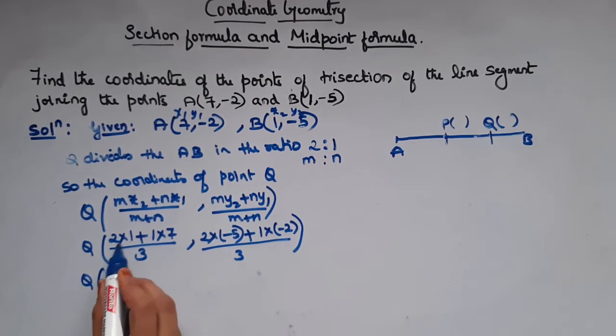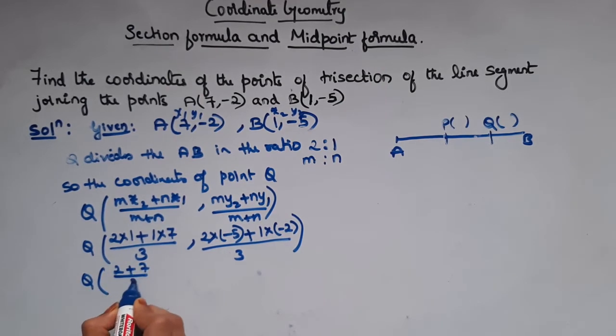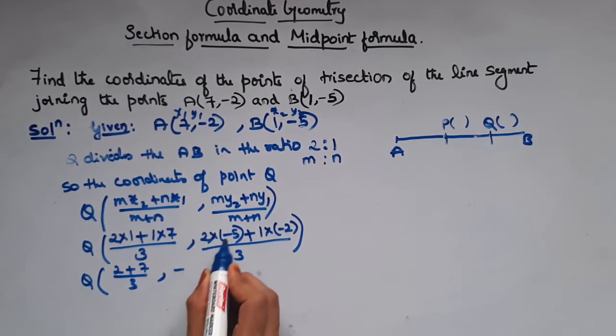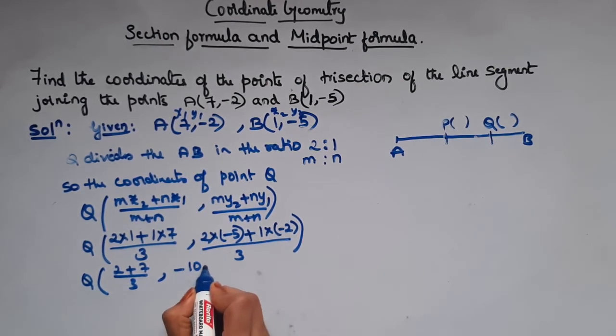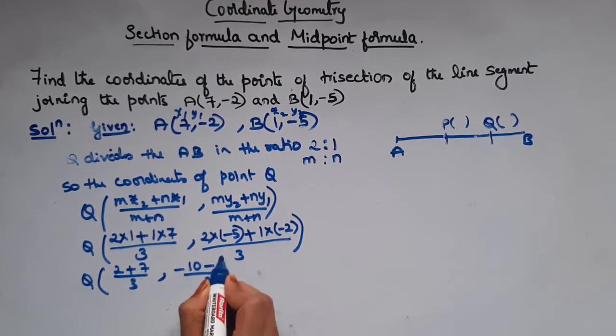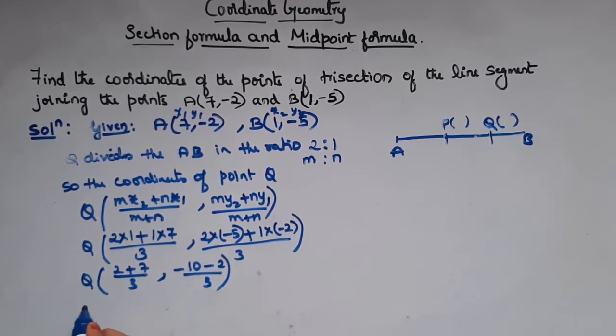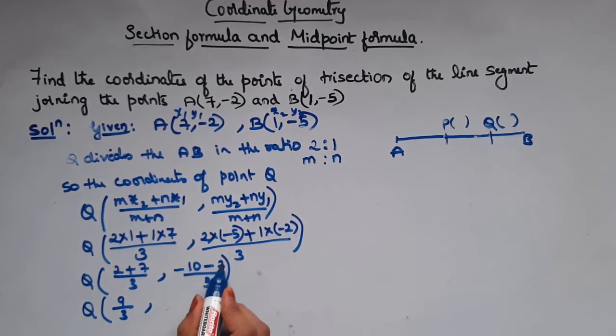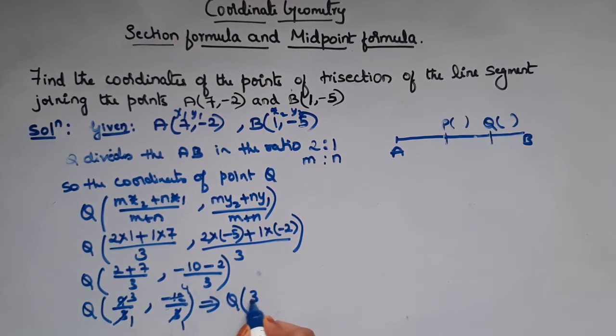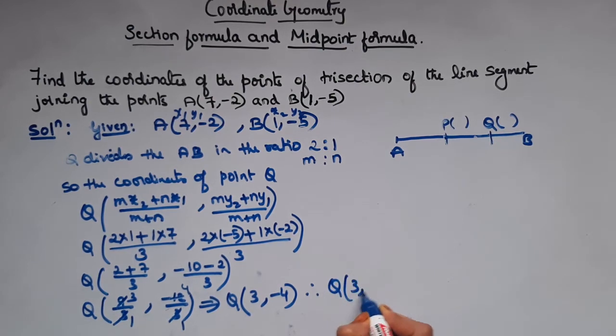So now let's simplify this. 2 ones are 2 plus 7 ones are 7 by 3. Plus into minus is minus, 5 twos are 10, plus into minus is minus, 2 ones are 2 by 3. Right? So Q of 7 plus 2 is 9 by 3, and here minus 10 and minus 2 will give you minus 12 by 3, right? So 3 ones are 3, 3 threes are 9, in this case 3 ones are 3, 4s are 12, which implies Q of 3 comma minus 4. So therefore the coordinates of Q are 3 comma minus 4,